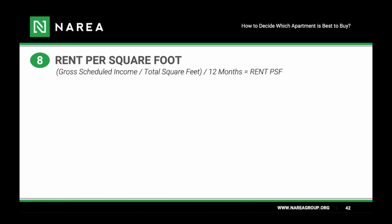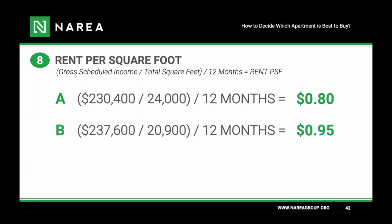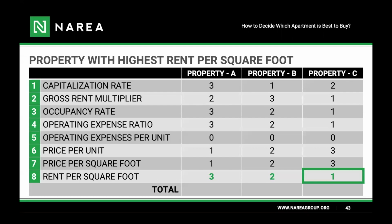So I see older properties running below $1 a foot, while newer properties command a higher rent per square foot. In some of the larger metro areas, rent per square foot could range even as high as $2 and $3 a foot. At $3 a foot, that means basically that you're paying $3,000 in rent for a 1,000 square foot apartment unit. Now let's put these metrics to use to analyze the 3 properties to determine which property might be the best. Property C has the best rent per square foot, which would make sense because it's the newest and has the highest price per unit. And once we add that to our matrix,